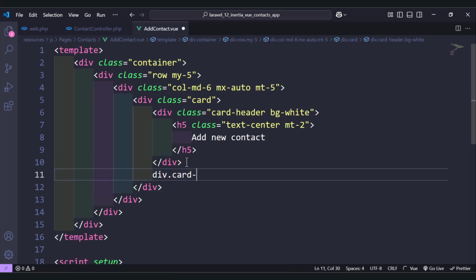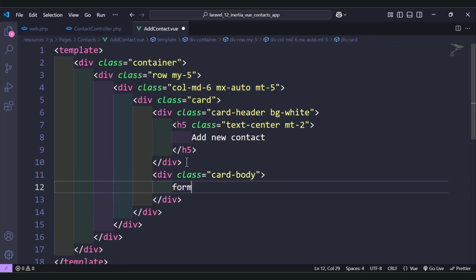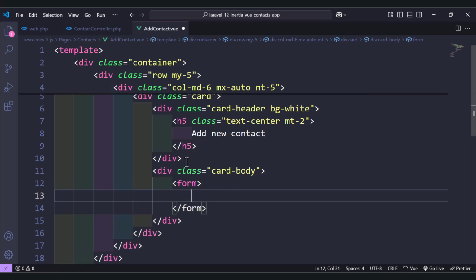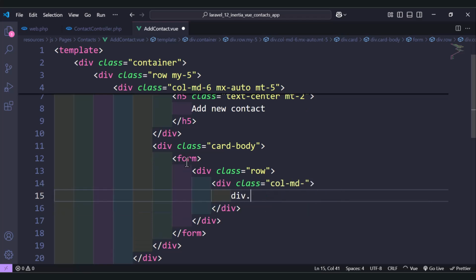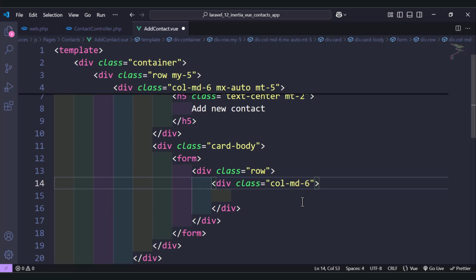So let's add card body, and card body will have a form, and the form will have no action. We will add the function later, so once we submit the form, we'll call it. Okay, so here let's add a div with row and a div with col-md-6 and a div with margin bottom, or without the margin bottom. Let's add 6 here. So we are missing 6. Let's add only a div without margin bottom,